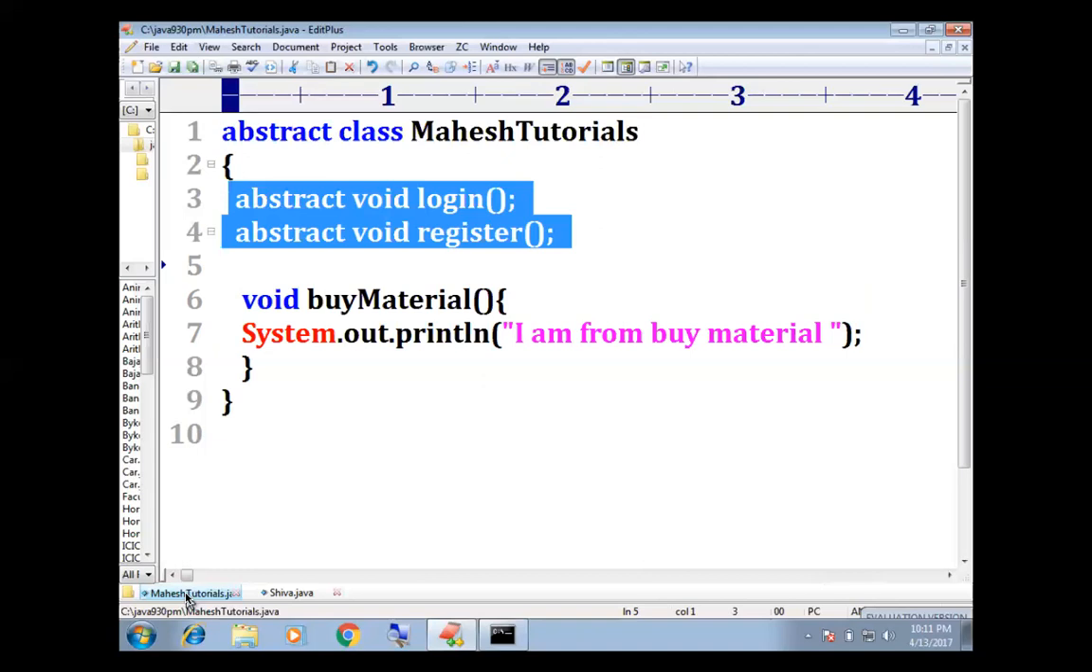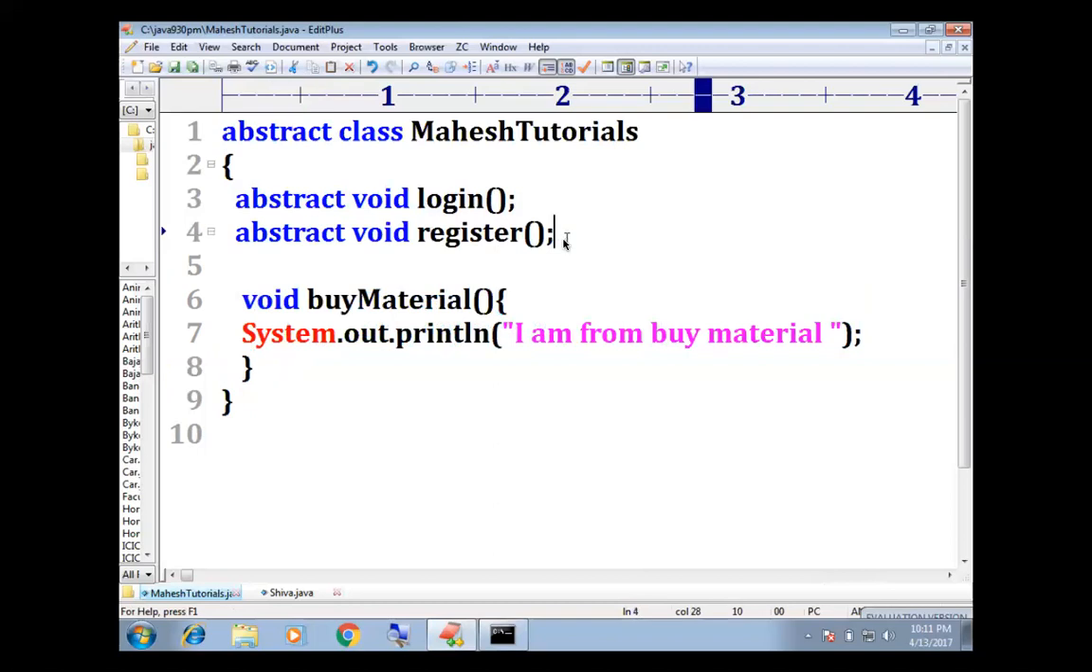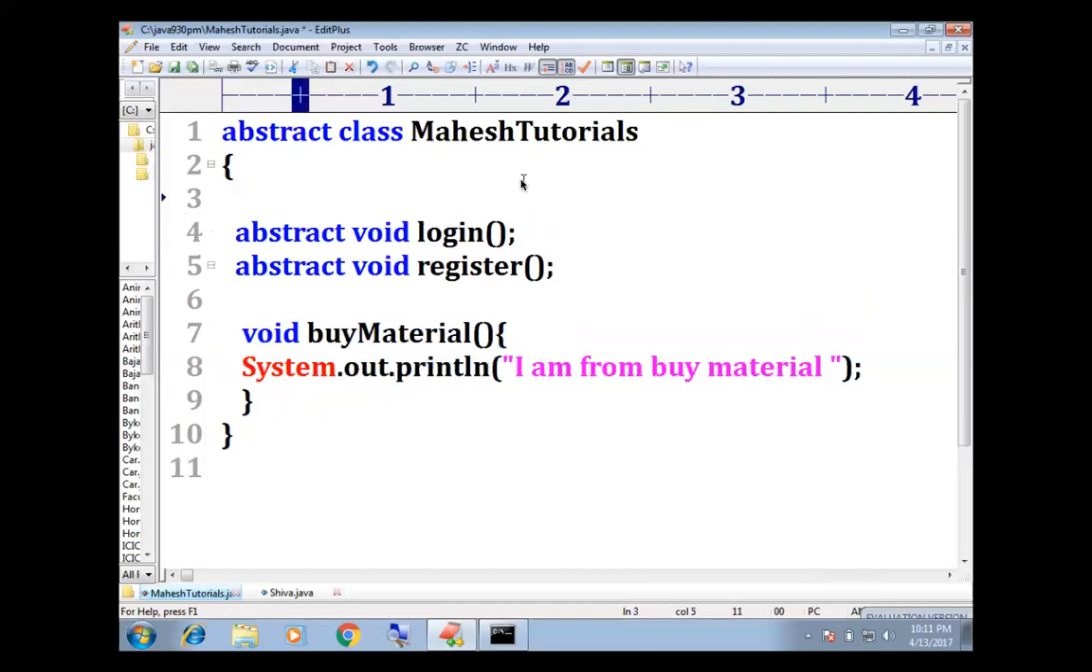Mahesh Tutorials is an abstract class. This class contains one non-abstract method called buy material. And it's having some data. Just assume that it's having some variable. This abstract class is having some variable. Let's say, for example,